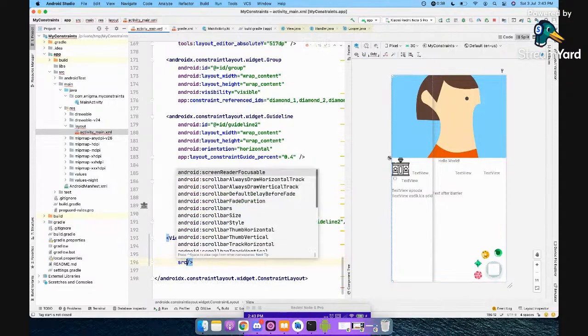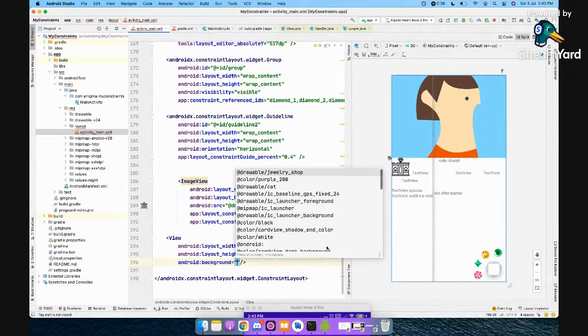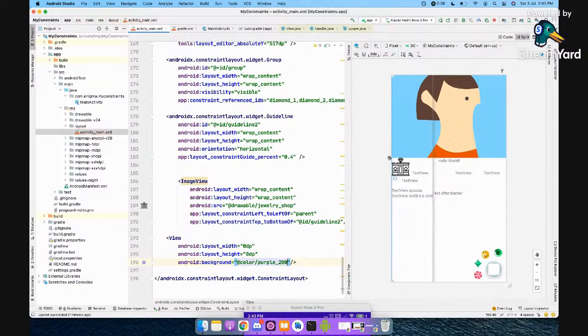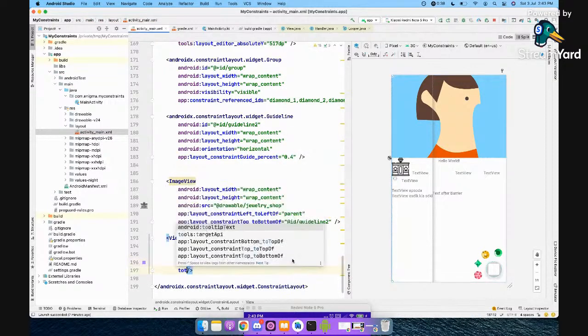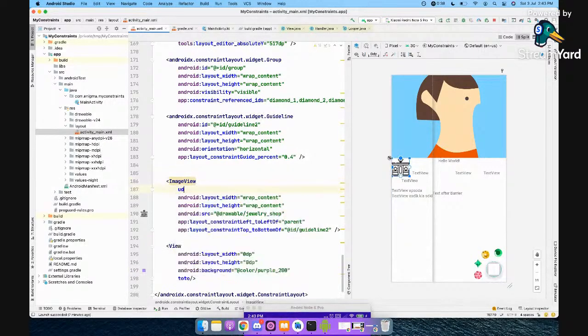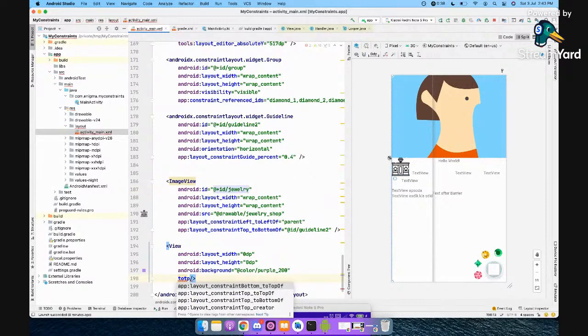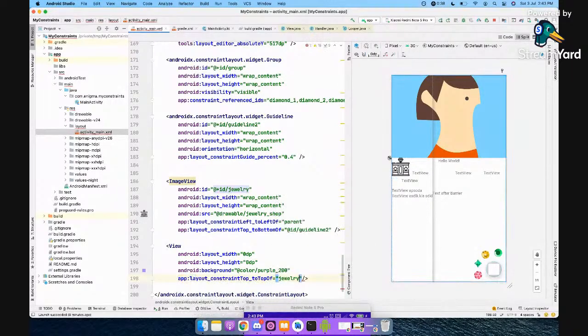I'll set this background to be purple, and I'll say top to top of, okay, so I'll just say top to top of jewelry, and bottom of jewelry.